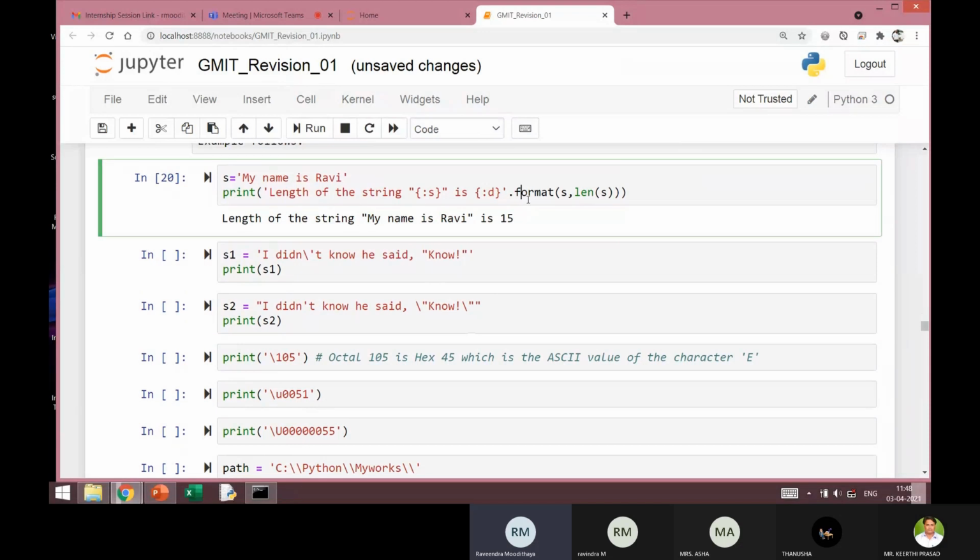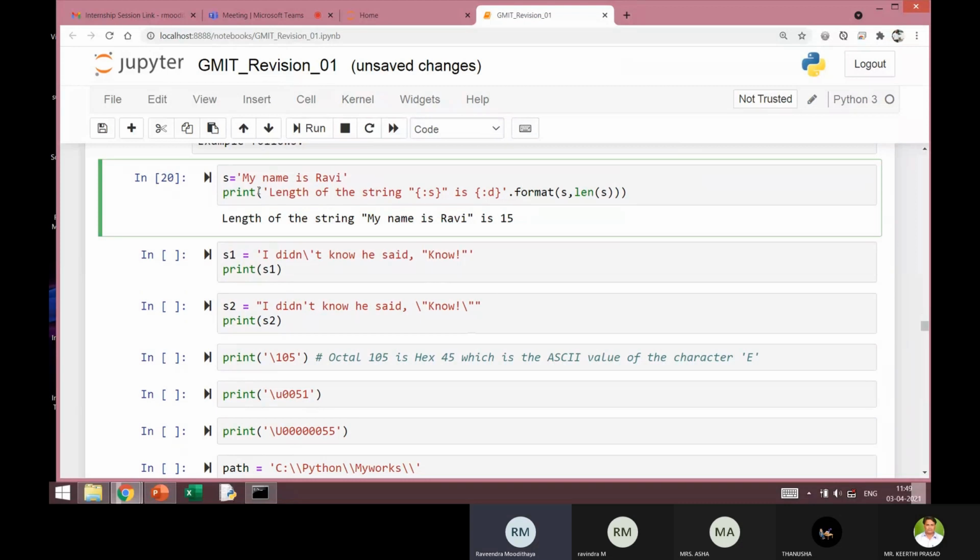Now, probably you can recall that in C or C++, there is a format specification in the printf statement where I can specify how the output should look like. Okay. So here in Python also, I have a formatting statement for a string.